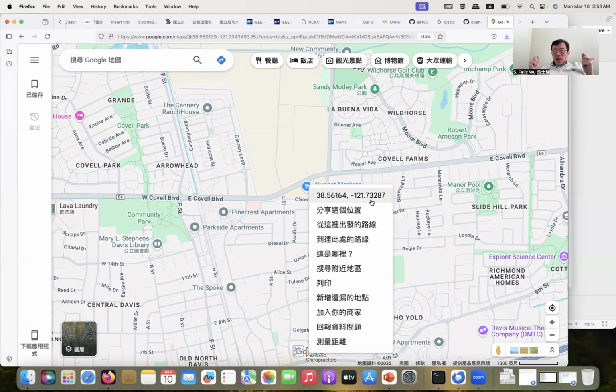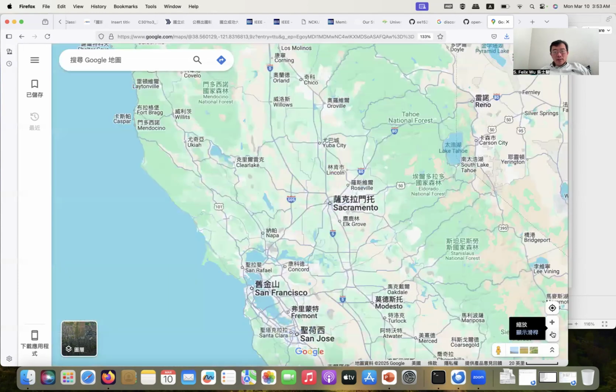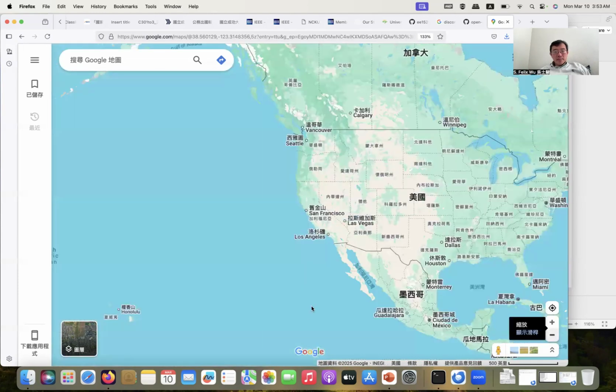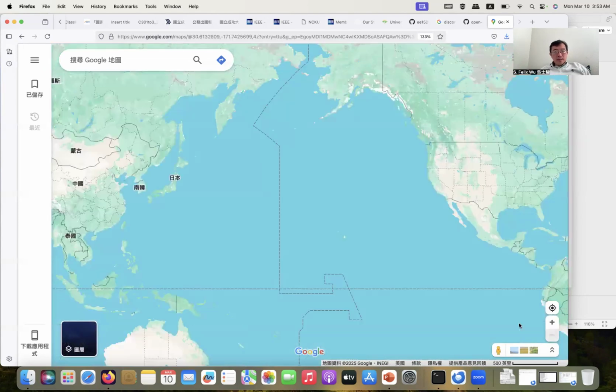For almost every single object, the GPS location is an essential piece of information to solve lots of problems. Okay, so that's what we have. And then if you want to see where you guys are right now,